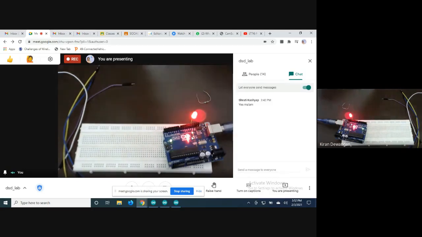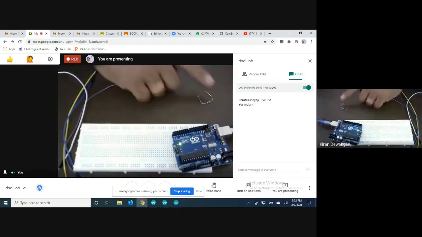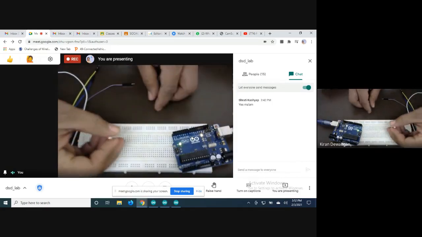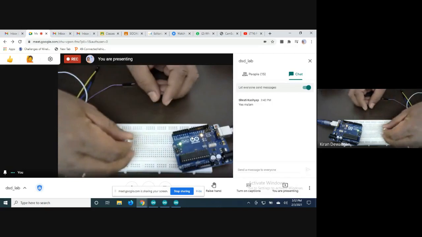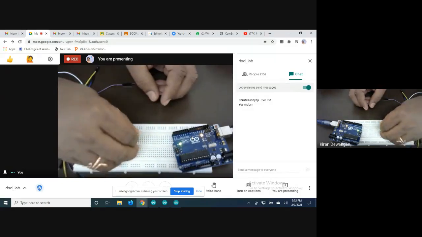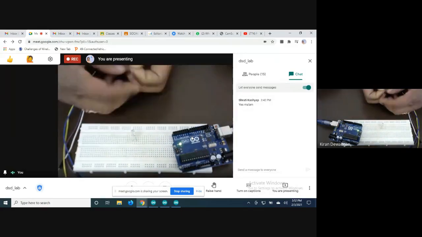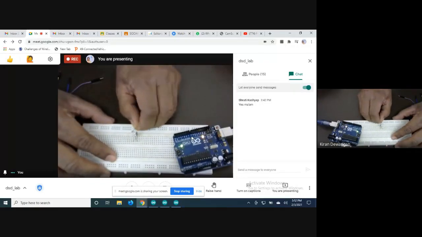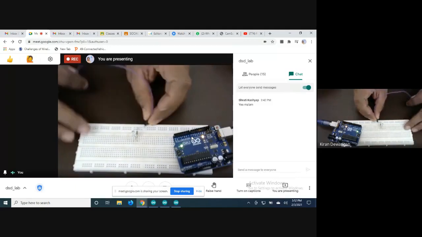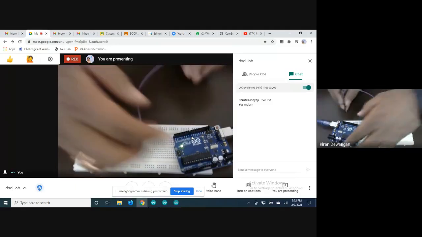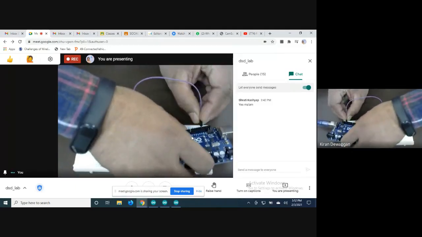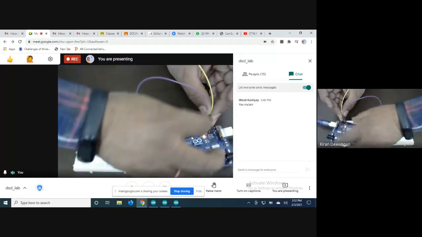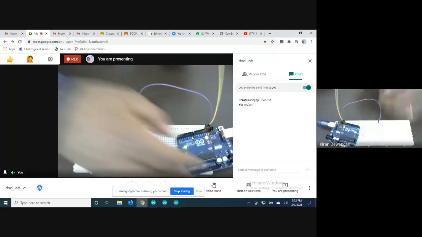Now we can even connect it to the breadboard. Take it out and connect it on the breadboard, Nitin, through a resistor. So we need to just connect one LED to the breadboard. Now the anode needs to be connected through a resistor, and then through the resistor we need to give connection to pin 13, and then the cathode side needs to be connected to the ground.